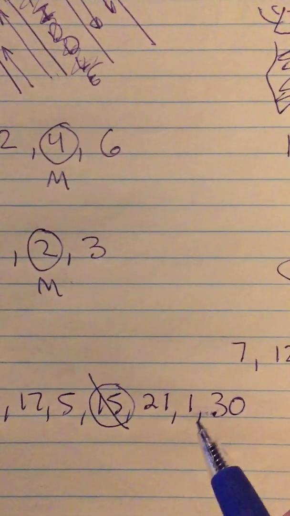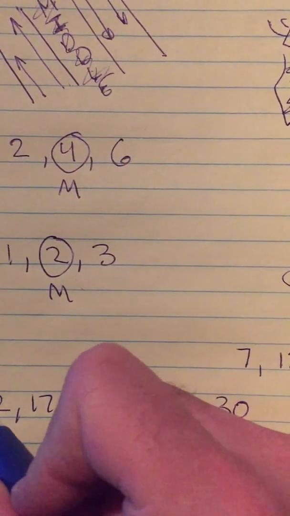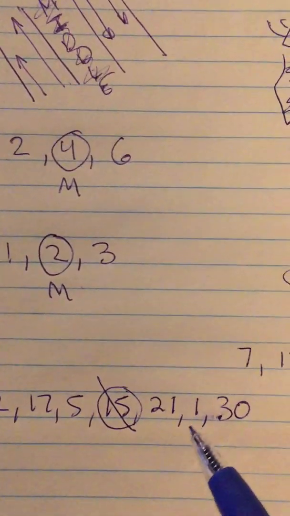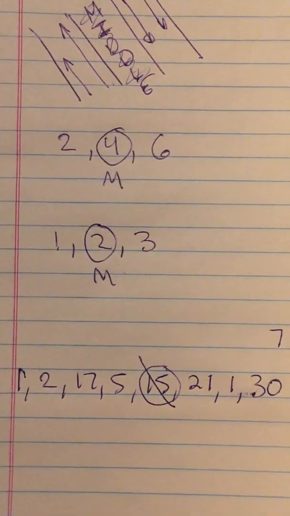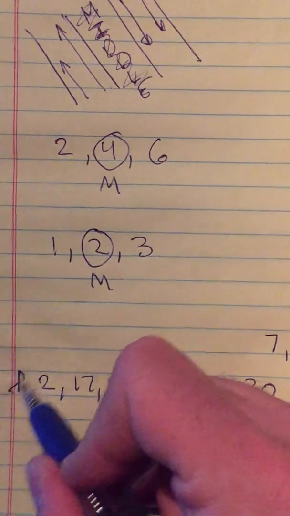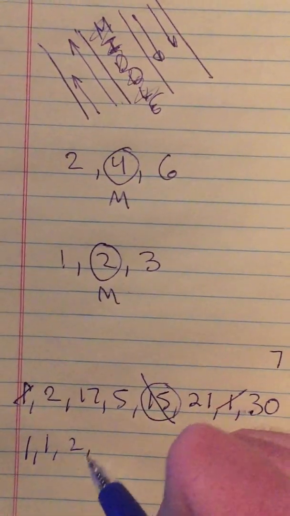When you put it in order, you want to cross the numbers off as you go, because sometimes there could be duplicates. Like here, I've got a 1 here and a 1 here. And if I was just doing it off the top of my head, I may not notice that I have two 1s. So I cross them off as I go, and I'm like, oh, there's another one. Okay, 2,